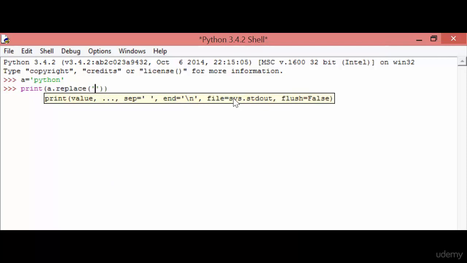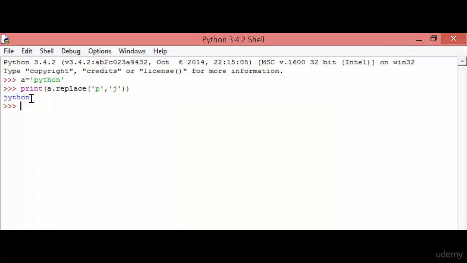So p is the old character value and j is the new value. So here we get the result, which is Jython, which means that p is replaced by j. So this is all about strings in Python.